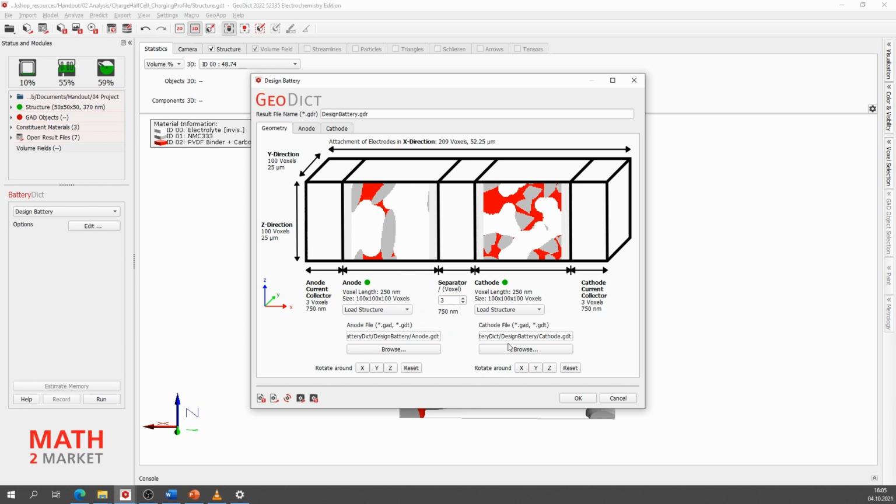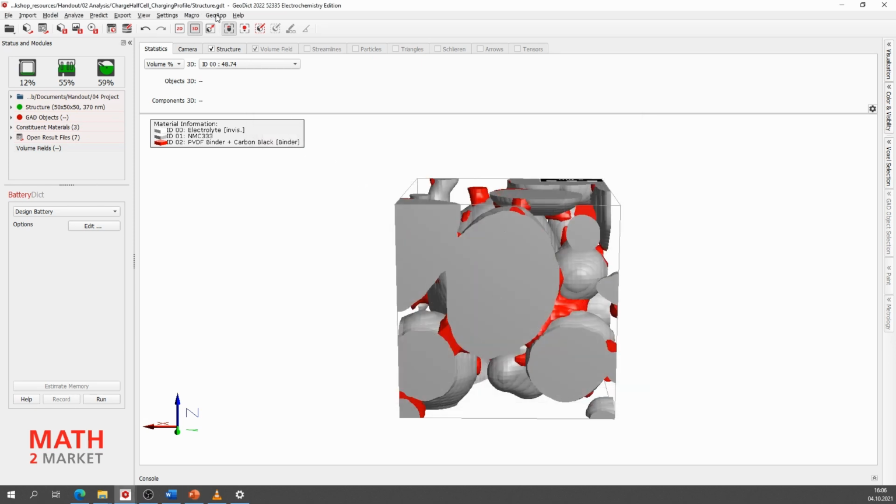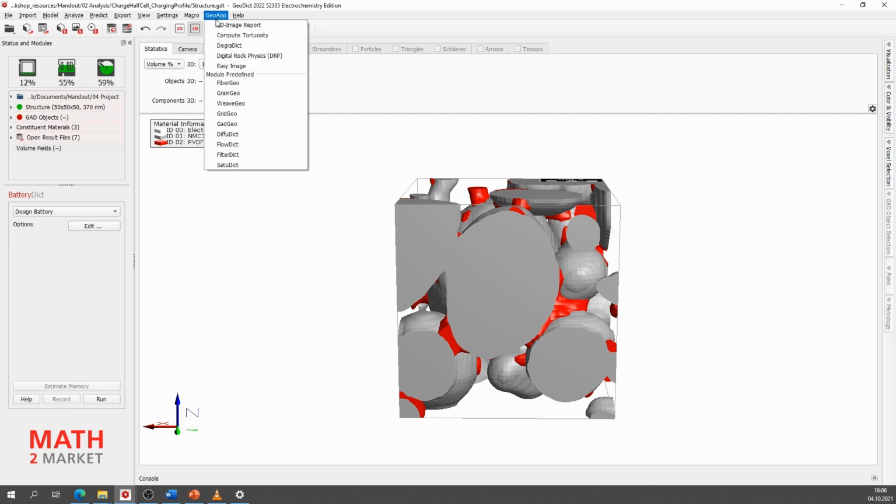But as they are for both the default structures, we can now use the current structure, and we see here that we have a different voxel length and we have the smaller size, and this one is not fitting to the anode material that we have as default in GeoDict. And this is why we now use another topic. We go on cancel, then we go on Geo app and make the Crane Geo.